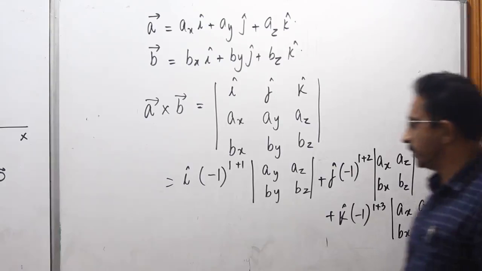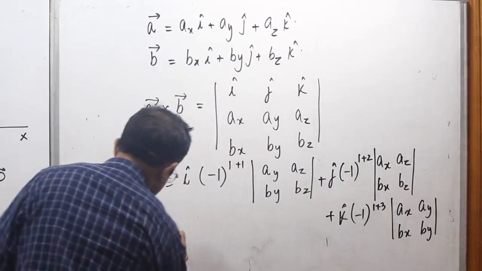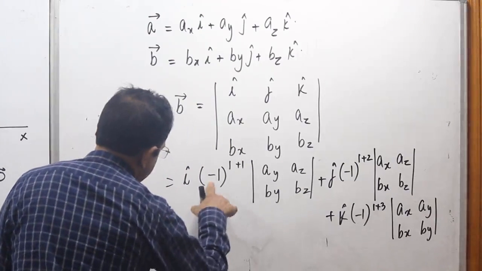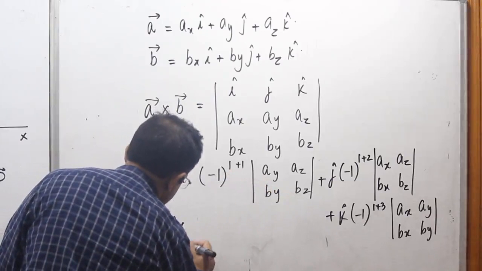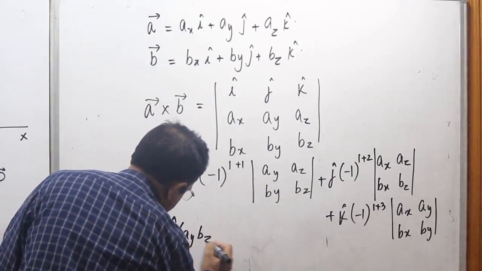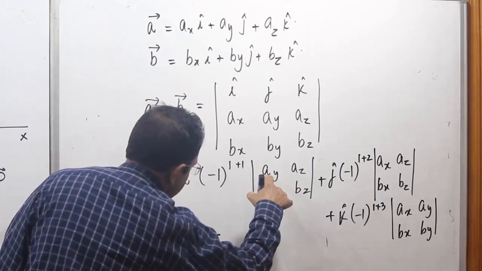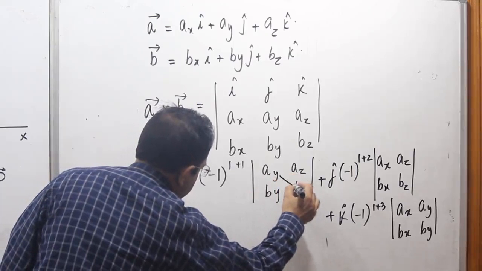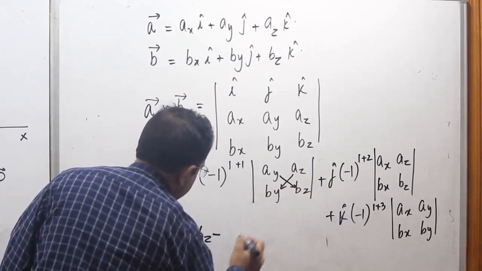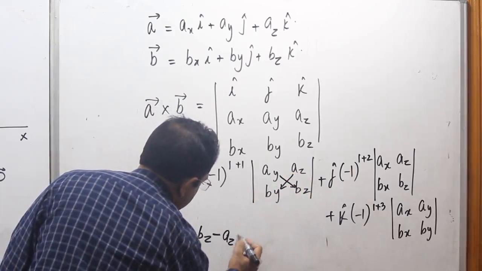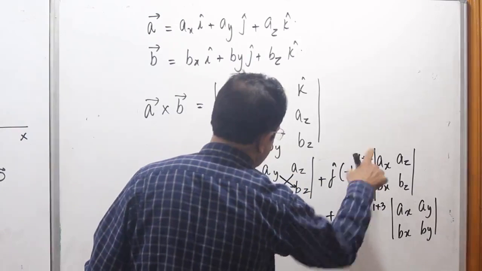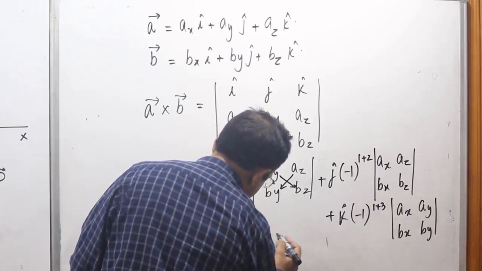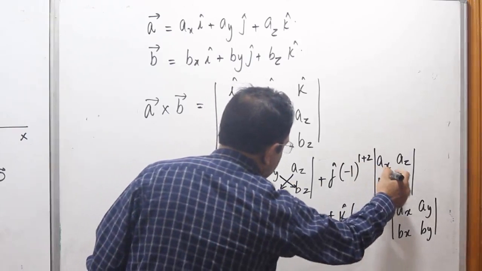अब इन determinants को expand करें. Let's see. So this gives you i cap, -1 raised to power 2 is plus 1. So ये हो जाएगा AY BZ minus. So we first multiply along this diagonal, subtract this diagonal, minus AZ BY. Here we have -1 raised to power 3, which will be -1. So it is minus j cap into, along this diagonal,